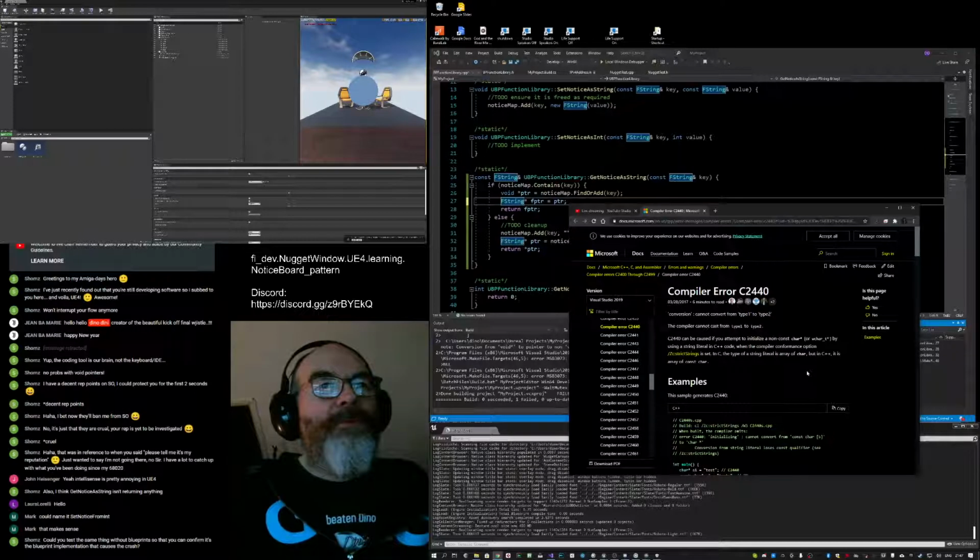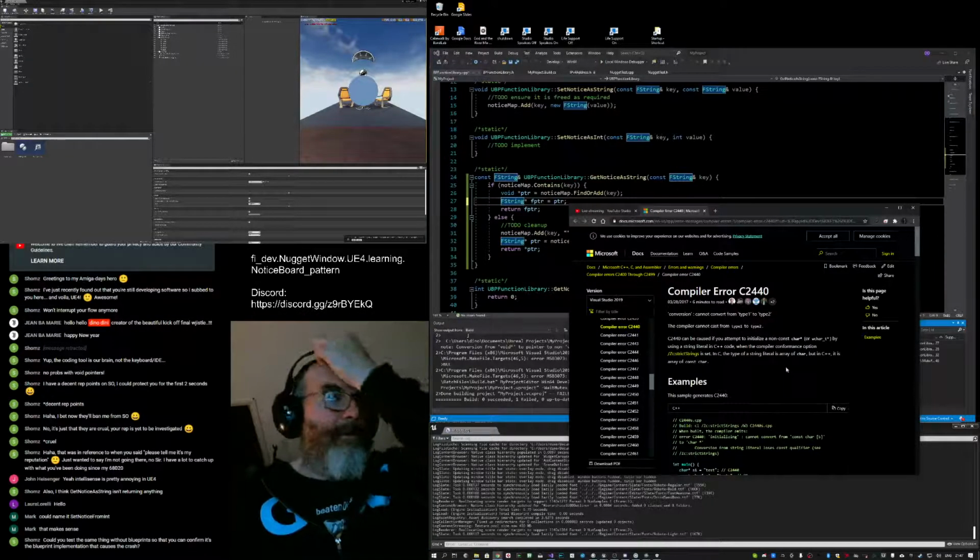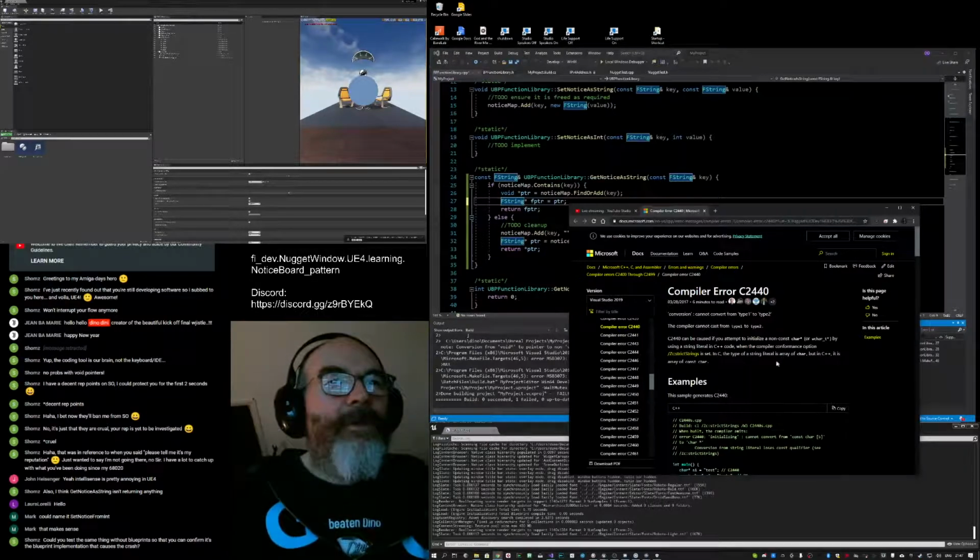This can be caused if you attempt to initialize a non-const char star. The type of a string literal is an array of char. Oh, it's a const char.